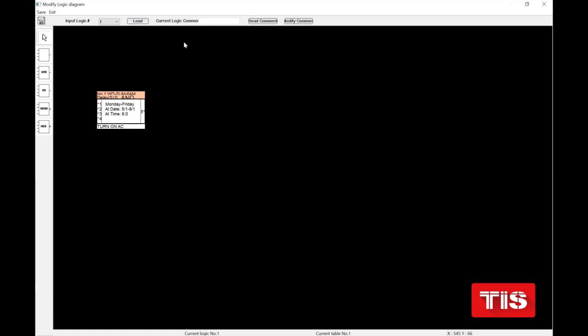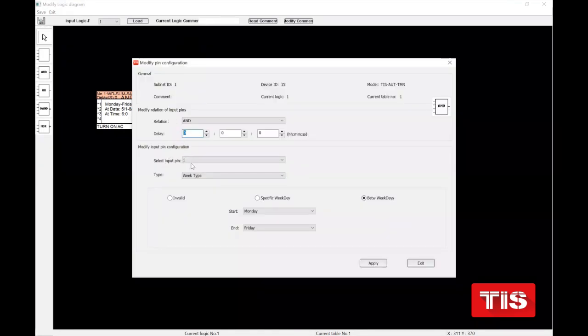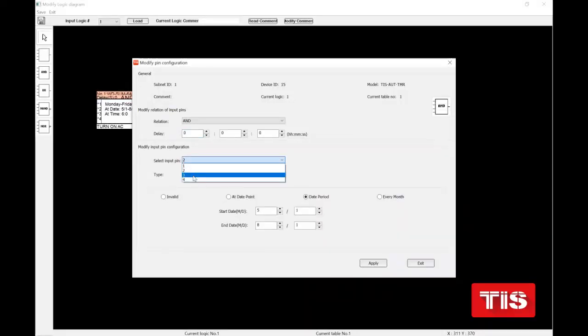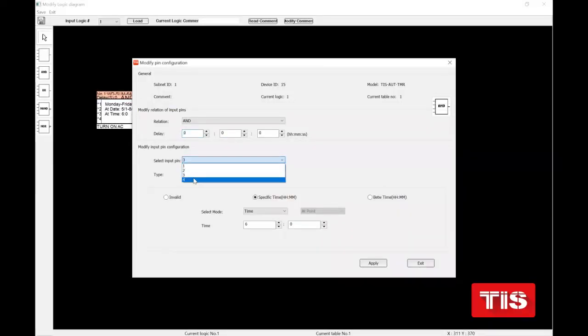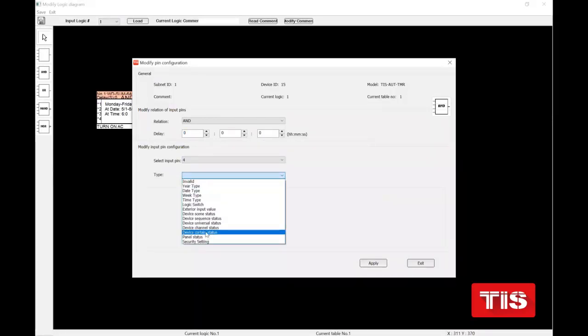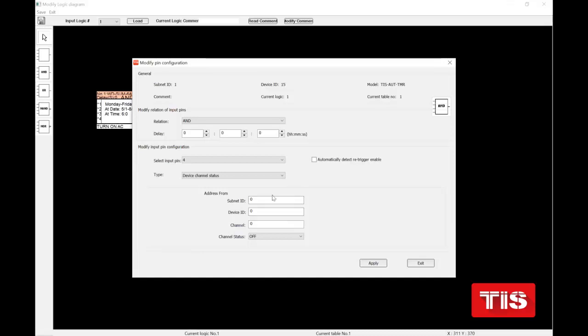We have another example here. I said it's a work day and it's summer, 6 a.m. The first channel of my relay is on and the room temperature is between 30 to 50. Okay. Number 1 is okay. Number 2 is okay. Number 3 is okay. Number 4, I have to add the device channel status 1, 51,